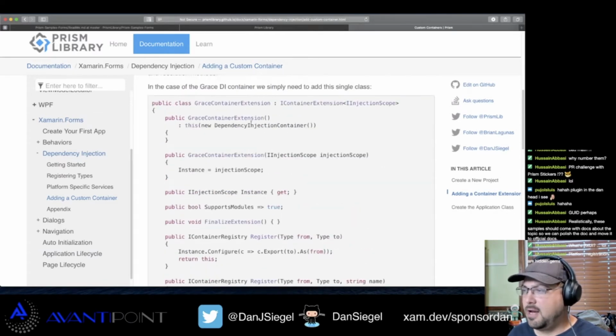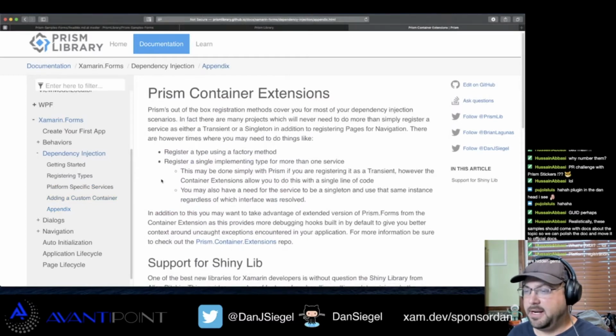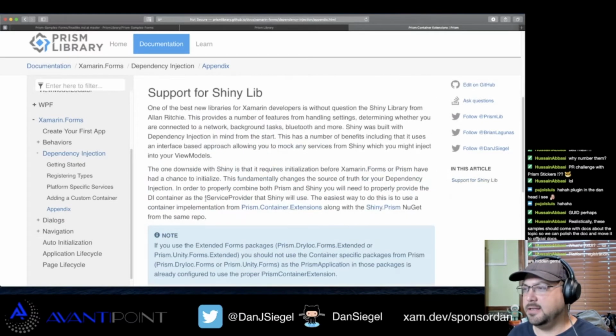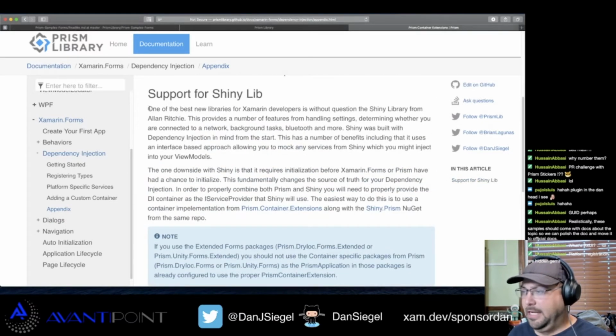By the way, I would not copy this code on account of IContainer extension has been changed since I wrote that. There is an appendix on here that talks a little bit about the Prism container extensions and support for Shiny, which I don't know if Alan is on here or not, but if he is on here,